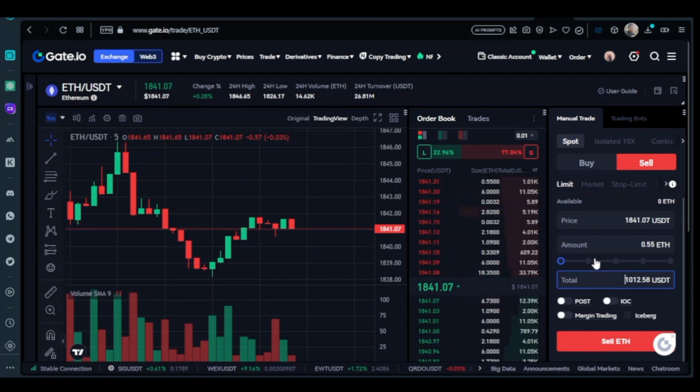So if you really want to participate, bear in mind that this has at least $12, and there is 2% trading fee on Gate.io. If you remove the 2% of 1,000, it will be $2, which means we are making a profit of $10. And if we go to our calculator and check,